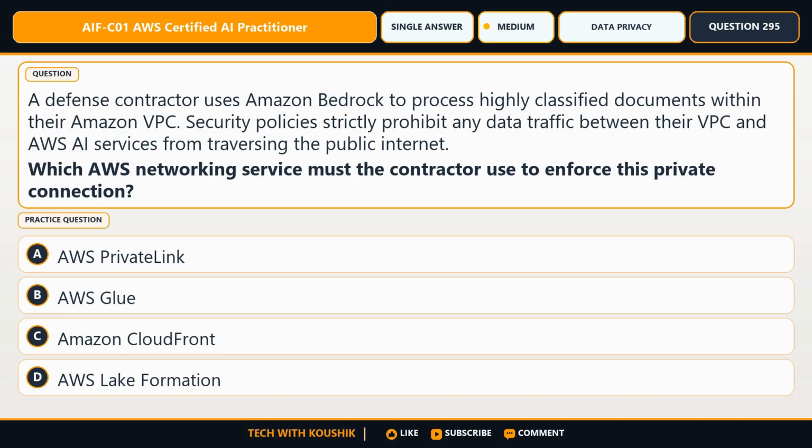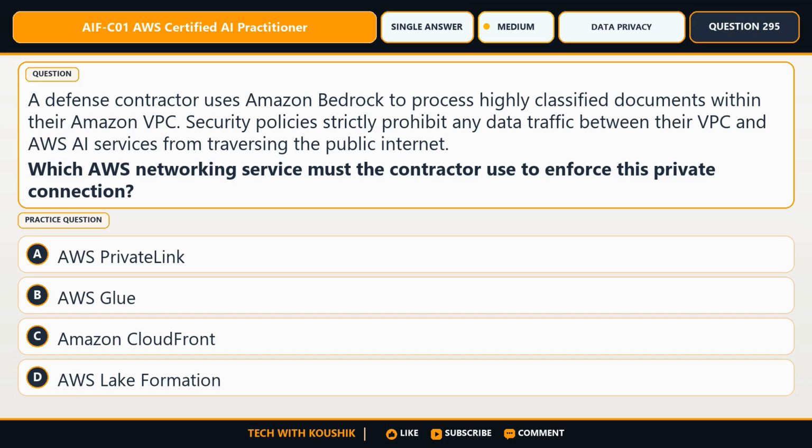Question number 295. Review the scenario. A defense contractor uses Amazon Bedrock to process highly classified documents within their Amazon VPC. Security policies strictly prohibit any data traffic between their VPC and AWS AI services from traversing the public internet.